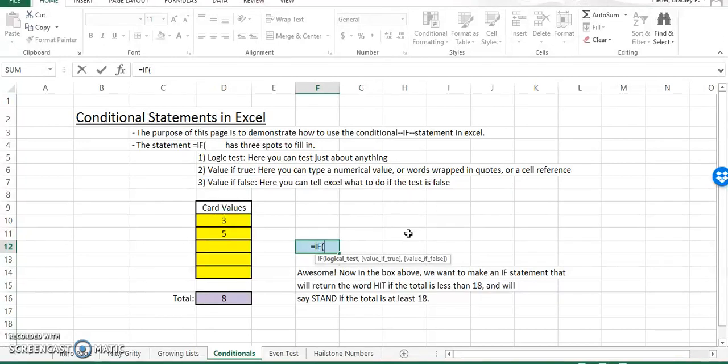So the first thing we want to do is ask, is the total less than 18? So I'm going to click the total cell, less than 18, and then put a comma. So imagine this is asking Excel, is the total less than 18? Well, right now it is less than 18, so Excel is going to do whatever we type in next. And I want it to say the word hit, so you have to put that in quotation marks. HIT,